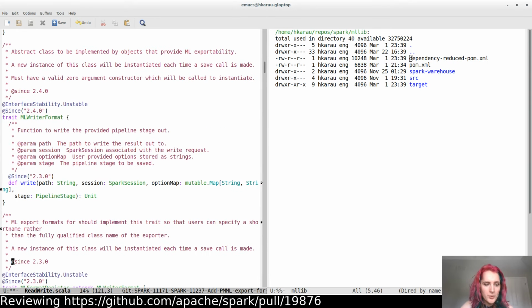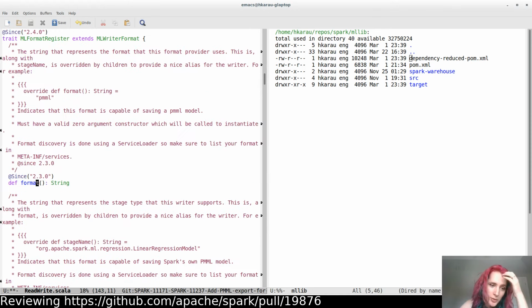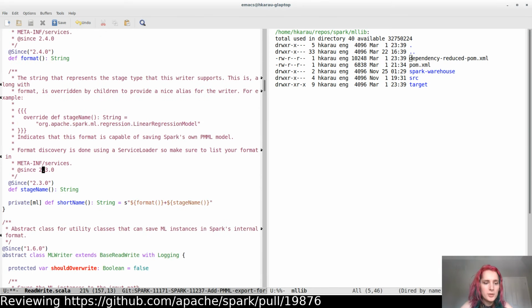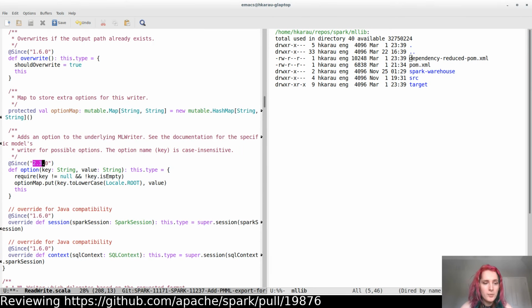Since 2.3.0, once again, this is going to be since 2.4.0. Super exciting times updating the number 3 to the number 4. And yeah, that's